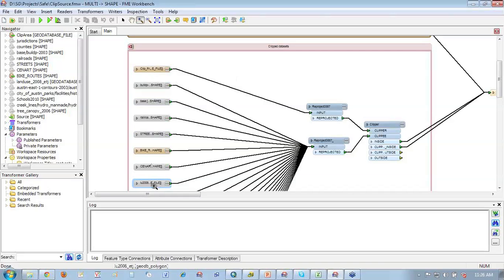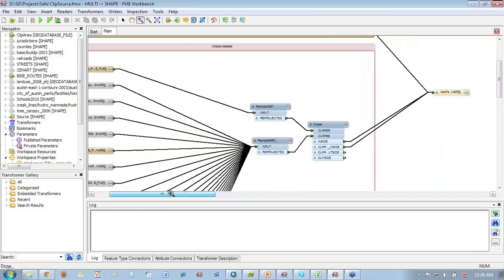And I've got all of these different shape files here, and on the left-hand side, we can see all of those different sources for the shape files. But you can see just a few of them are highlighted in brown. The bike routes and the clip polygon are the only ones that are enabled. So what we're going to do is run data sets through. We're actually going to do a reproject.